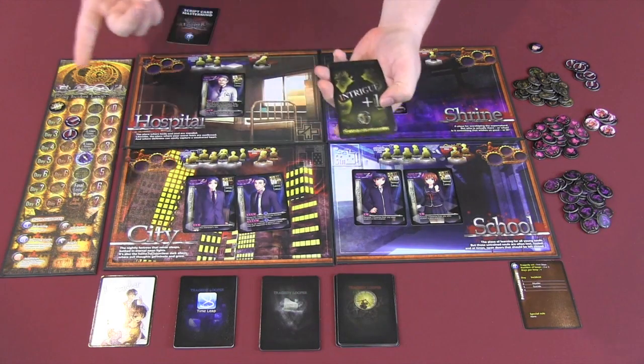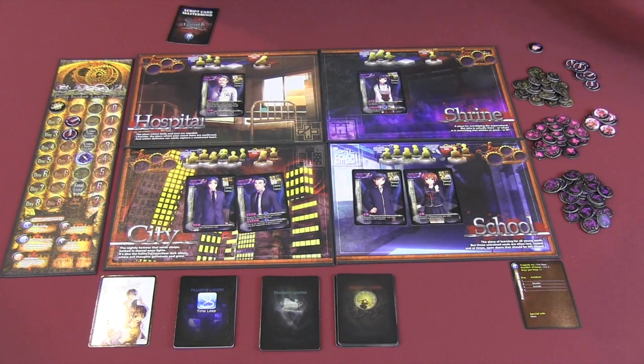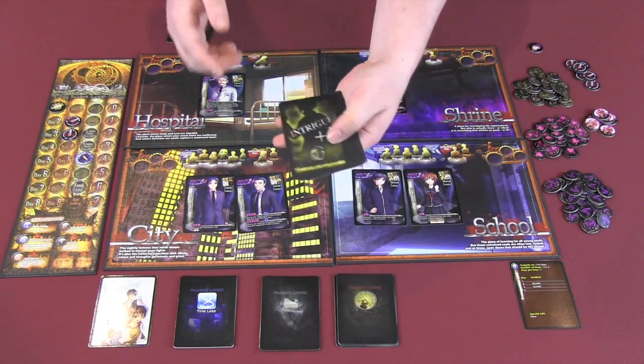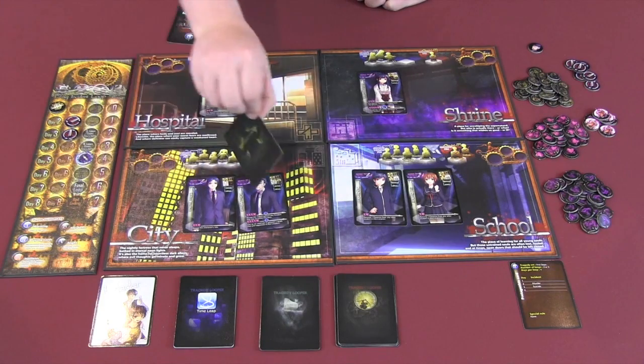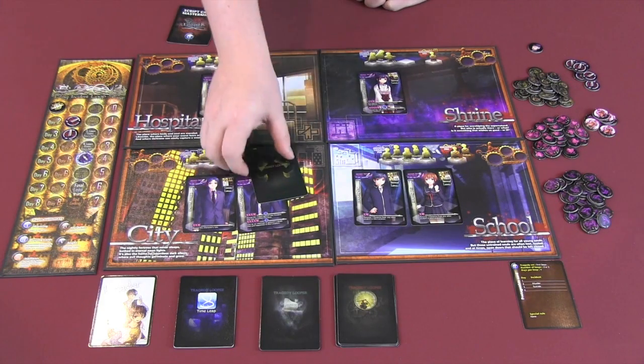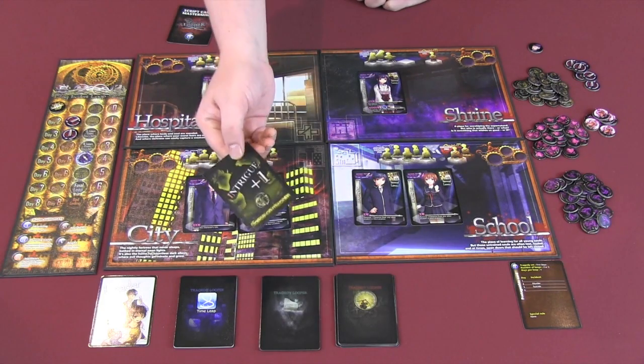So the mastermind will have a deck of cards, and he knows from a little book that he has what his goals are going to be. So he has the Mastermind's Handbook, and he's going to be looking at how he can make the loop end. So he's going to be picking cards from this deck. It could be to add intrigue to a character or a place. He would place this card onto one of these characters, and when they're revealed, it might add 1 intrigue token